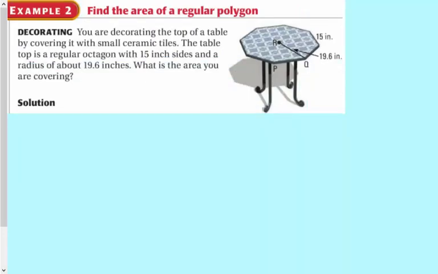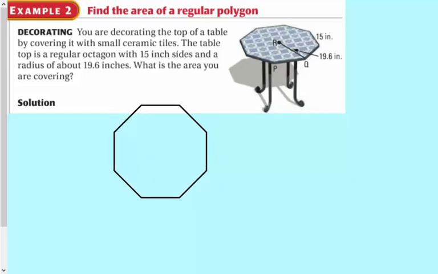Okay, let's just get right into an example before I actually show you guys a formula for this. You're decorating the top of the table by covering with small ceramic tiles. The tabletop is a regular octagon with 15-inch side lengths, and the radius 19.6. What is the area? Okay, so what I'm going to do is I'm just going to draw an octagon here,